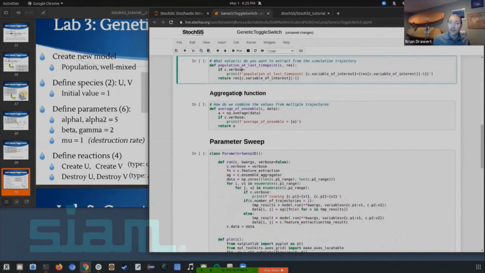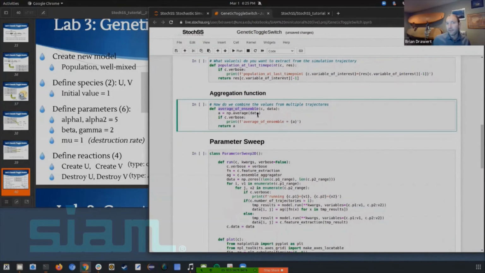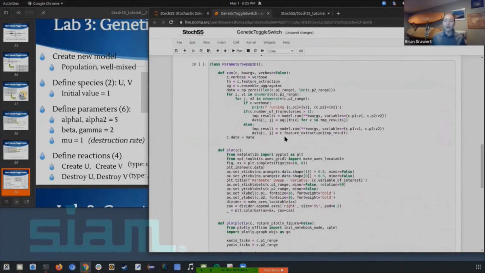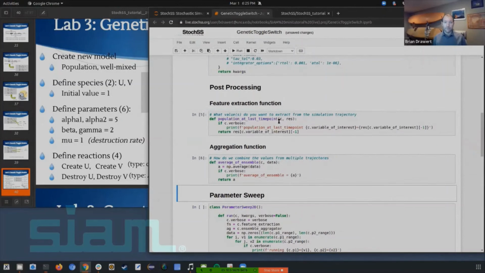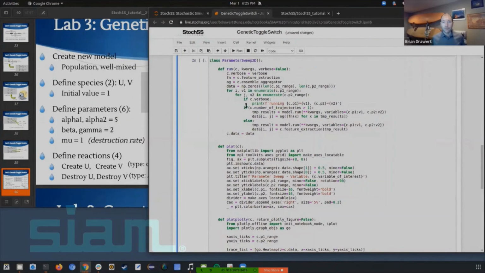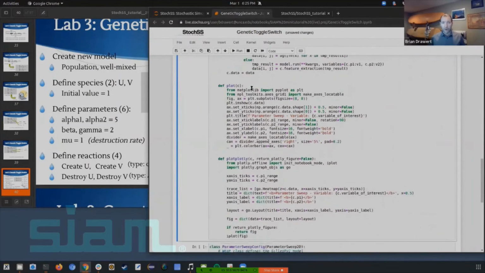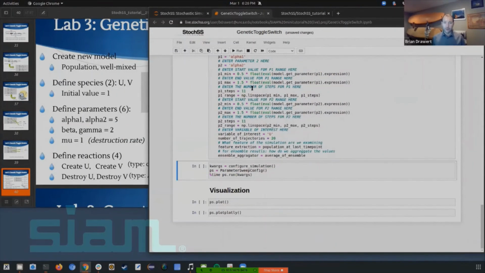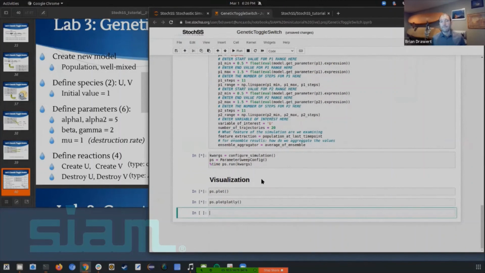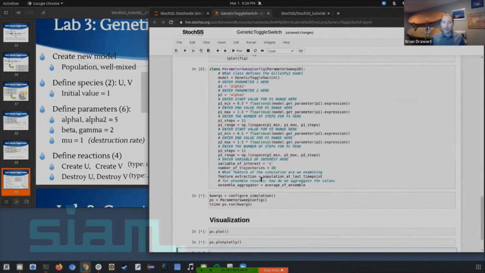And then aggregation function, average ensemble, that's what we had chosen before. Here we're just doing an average of whatever data comes in. And then our 2D parameter sweep, we are going to run and plot these things together. I can just run these. This might take a minute or so,